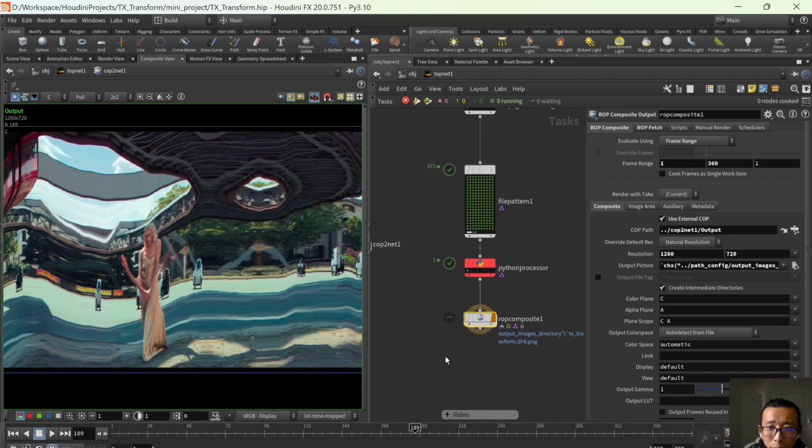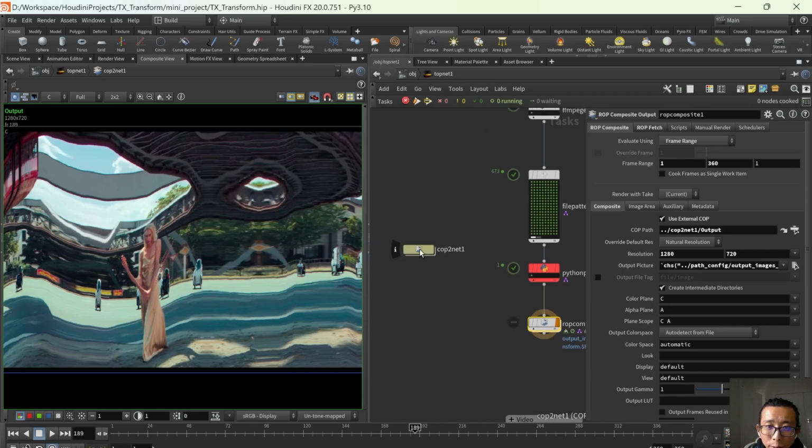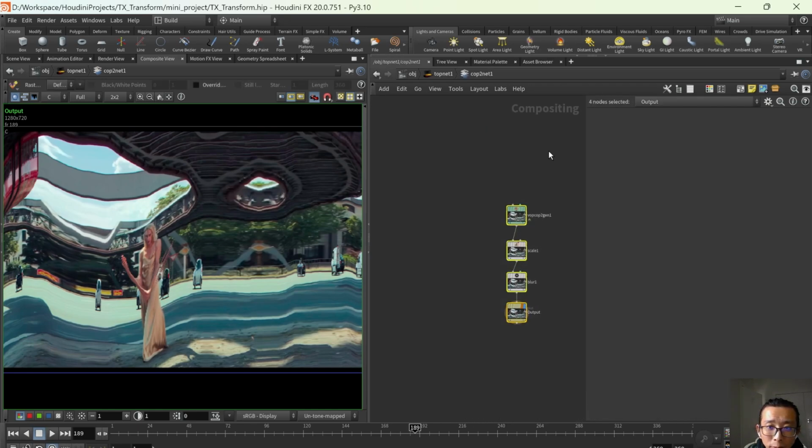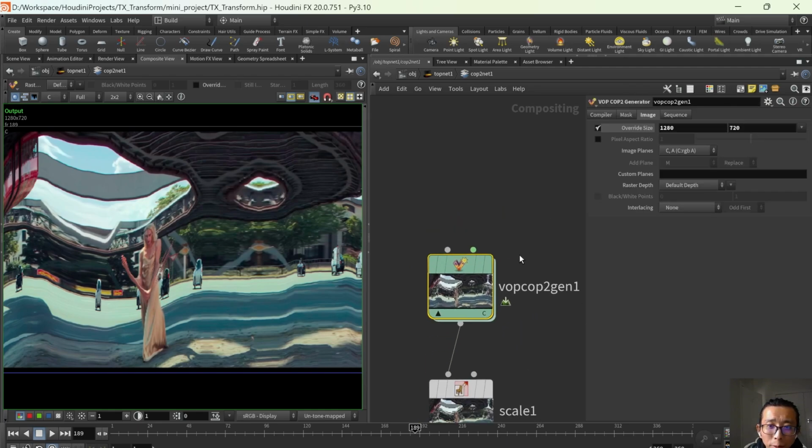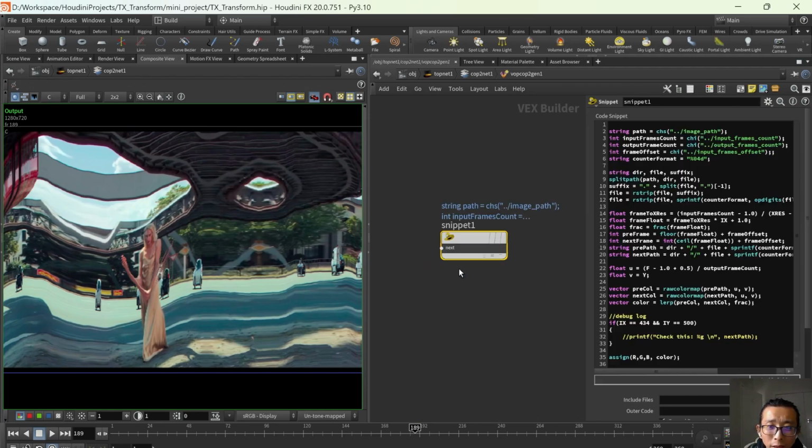This is a ROP node to basically execute the cop node here. The current cop node is this one. I just found this, I can write some code. Use this